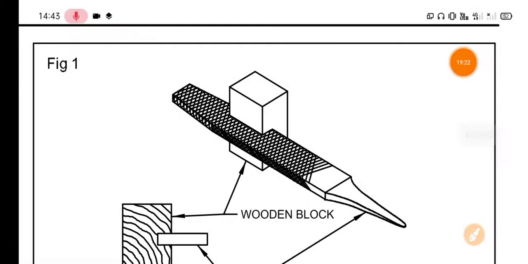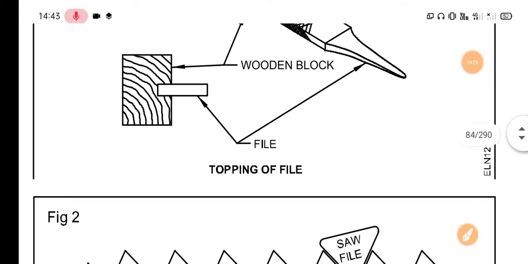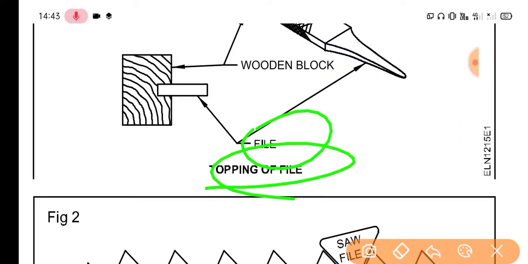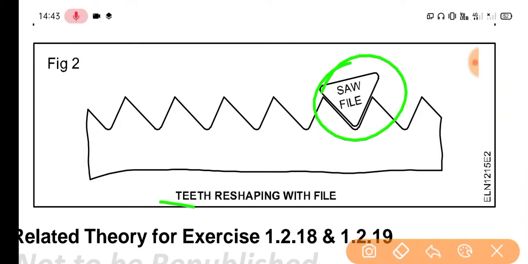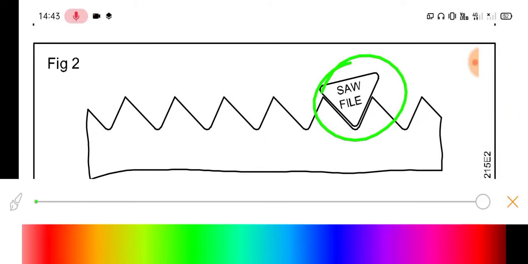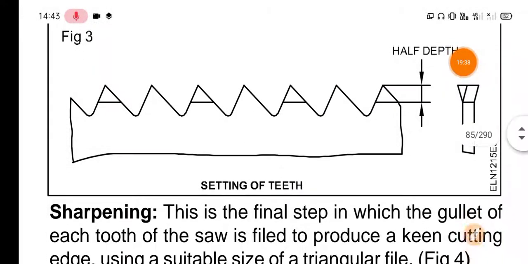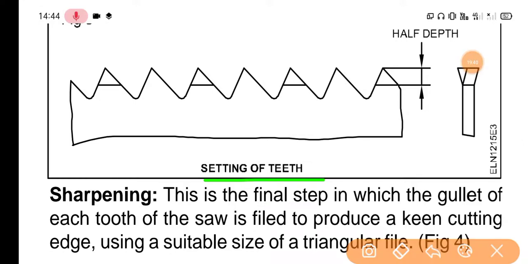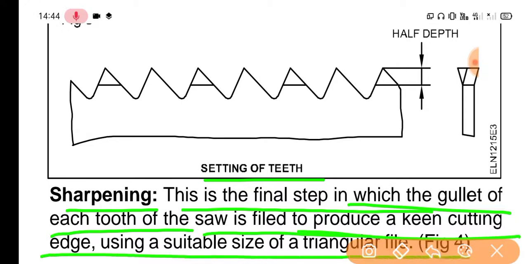Given in the picture, this is the wooden block, and this is the file, the topping file, and the saw file for sharpening the teeth. Setting of teeth. Sharpening is the final step, in which the gullet of each tooth of the saw is filed to produce a keen cutting edge using a suitable size of triangular file.